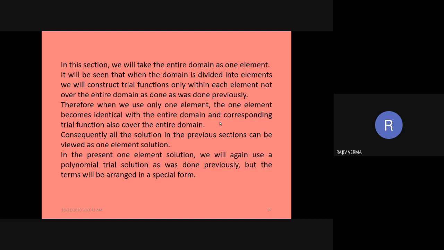This process will be illustrated for a linear element. A linear element is going to have two unknowns. Therefore, because it happens to be the simplest polynomial used in finite element method, we are going to illustrate this particular process of converting the form of the polynomial with the help of a linear element.